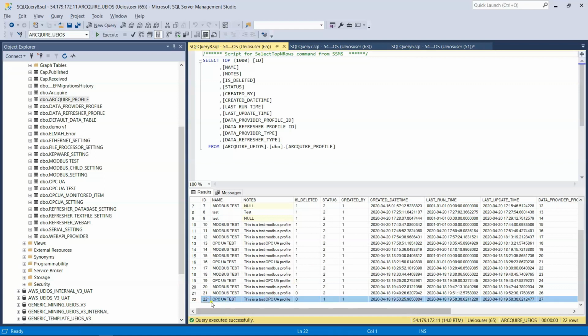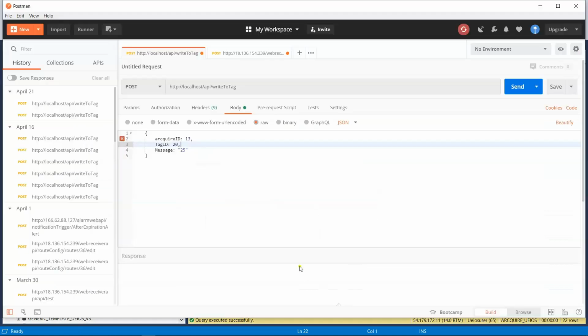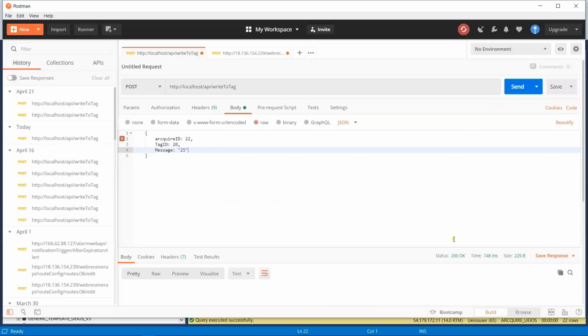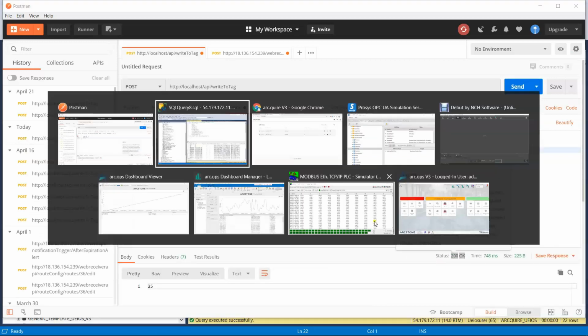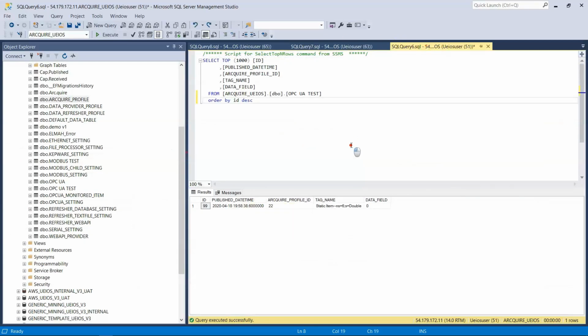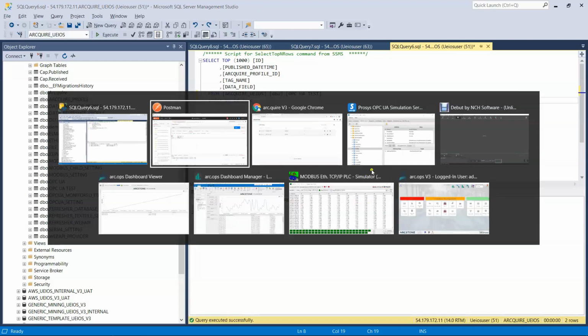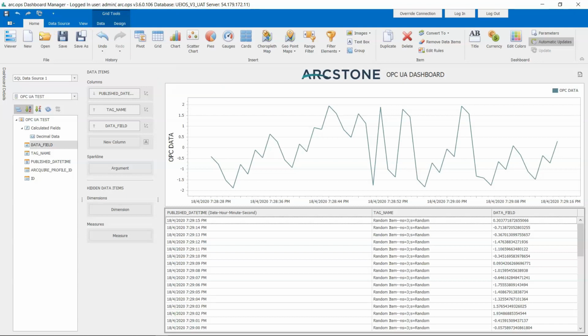So I will try and demonstrate the ability to write into the status tag. You can see that when I write the value 25 into this tag, the OPC UA server returns message 200, which means it's okay. And we can see that the new data point of 25 has been collected into our system. To demonstrate how these values can be collected in real time and changed in real time,